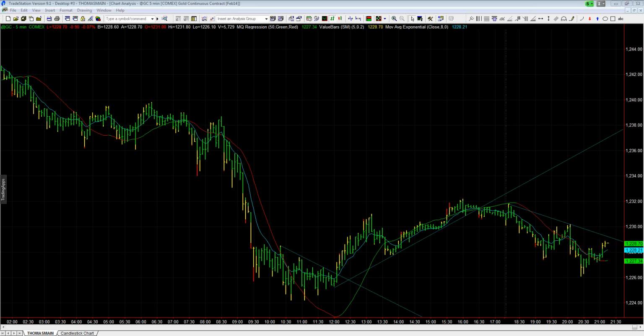How often do you get stopped out on a day trade? How often does it go against you? If you actually have a correct breakout pattern, the probabilities are in your favor. Now this is just a guesstimate, but it's probably 70 to 80% that it's going to work out if you have an actual consolidation pattern. If you're just drawing an obscure trend line that nobody else is paying attention to, probabilities go down.